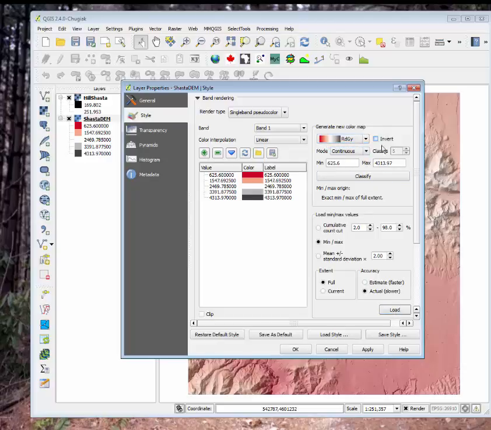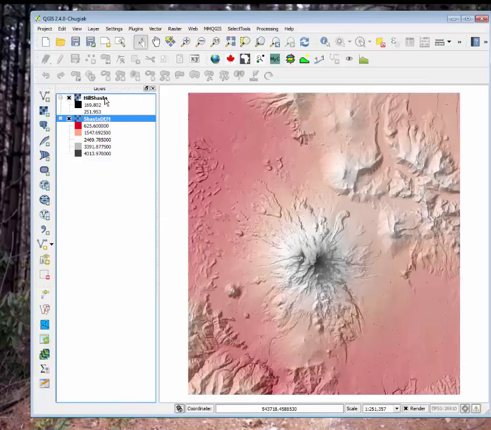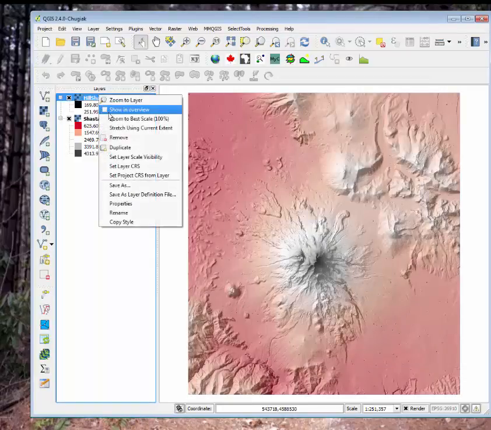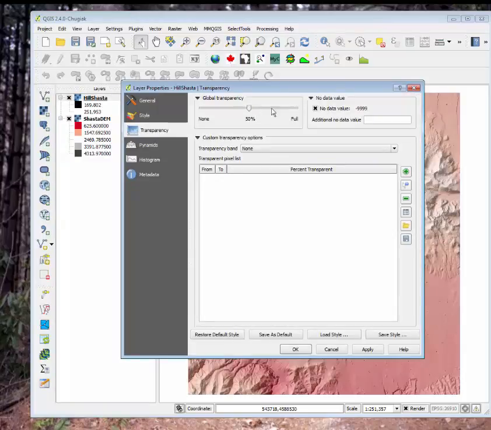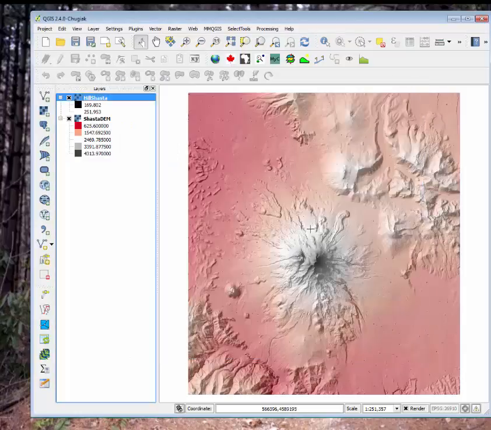I was putting in red, green, yellow and classifying that so I could get some nice colors on it. And I was also establishing the hillshade at a transparency of 50%, so you can get an idea of this tall dormant volcano.